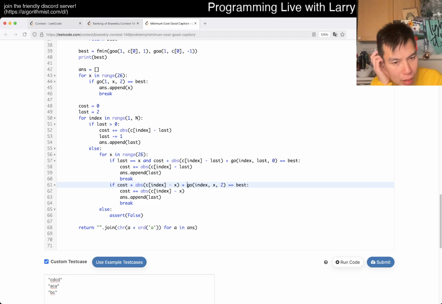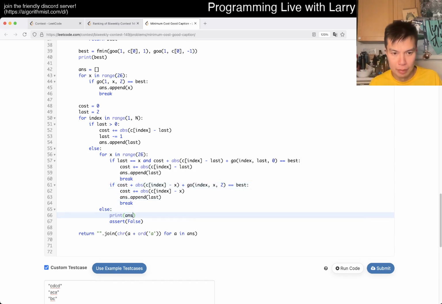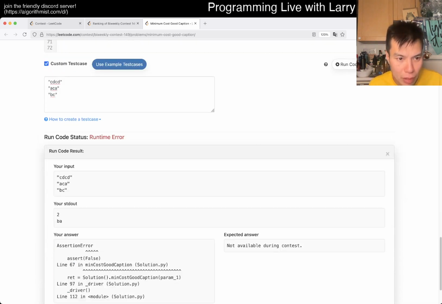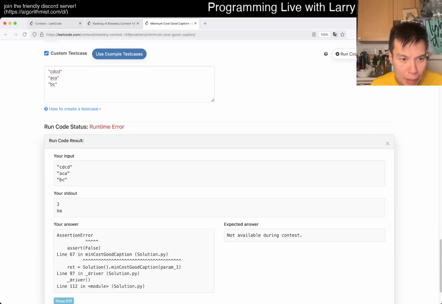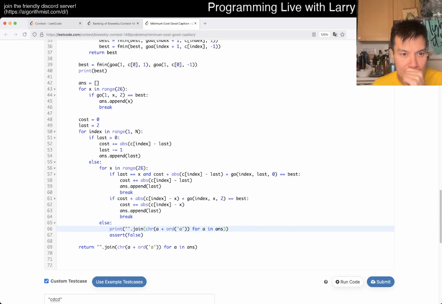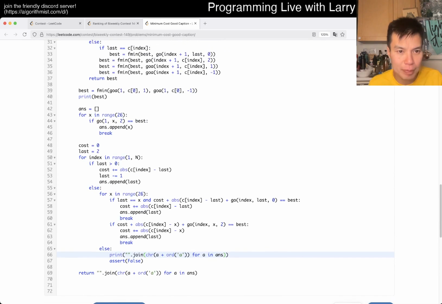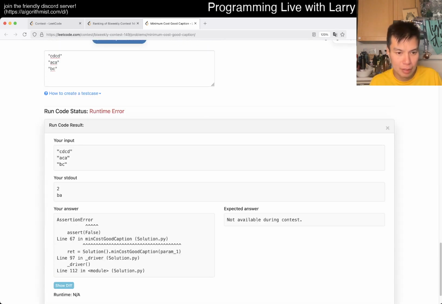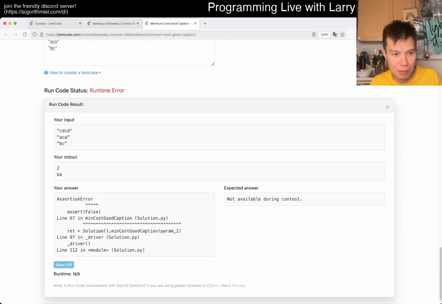Why is that? Wouldn't one of these ends have to be right? Yeah, let's actually print this one instead. More readable. Alright. So we have 2. We have BA. It thinks that B can be an answer. Why? Well, that is why this isn't working, but oh,